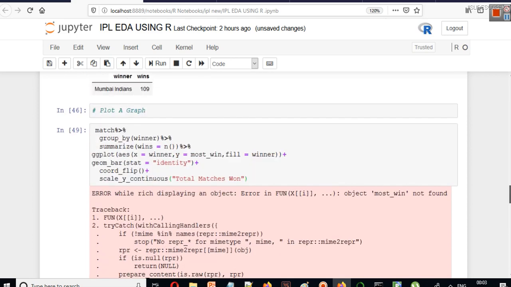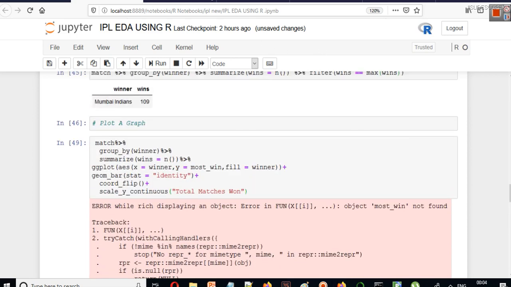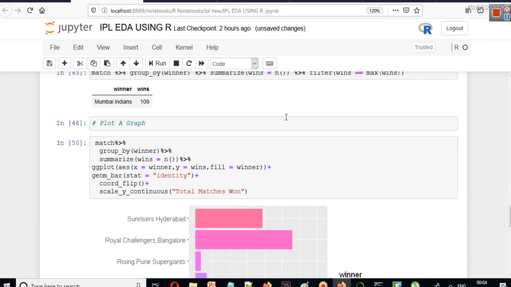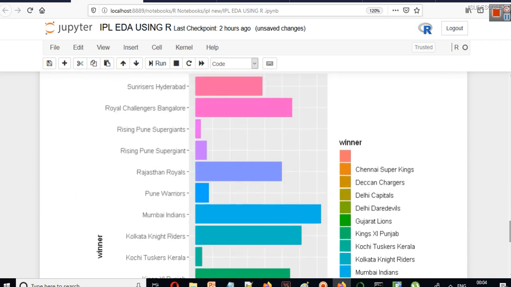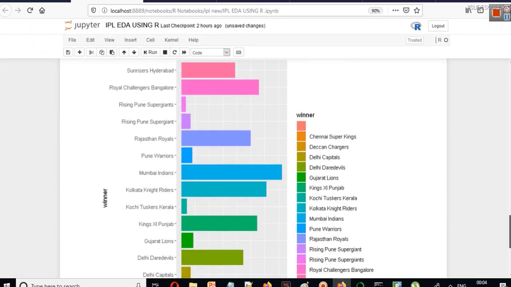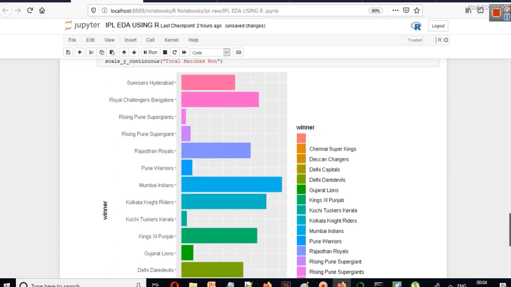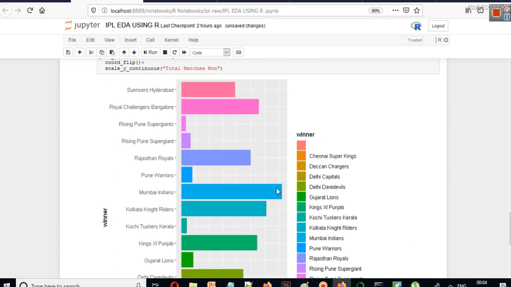So we have one issue, let's see. We actually just have to write y is equal to number of wins. Now we have this data, and this is a simple plot here. In this plot you can see we have various colors, and the length of these bars represents the total number of matches they have won, and every bar has its own color.